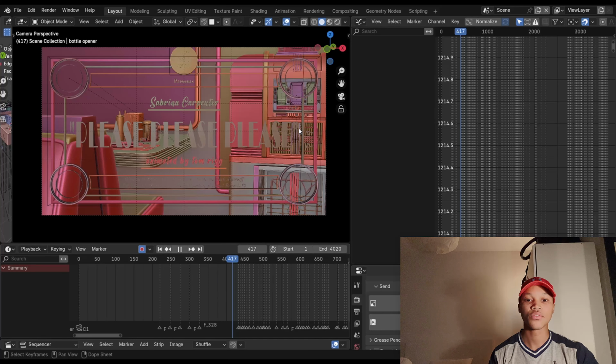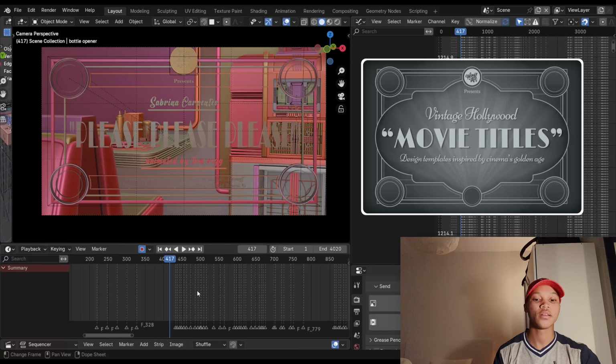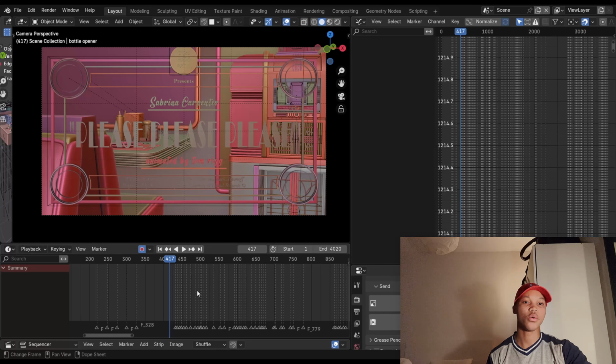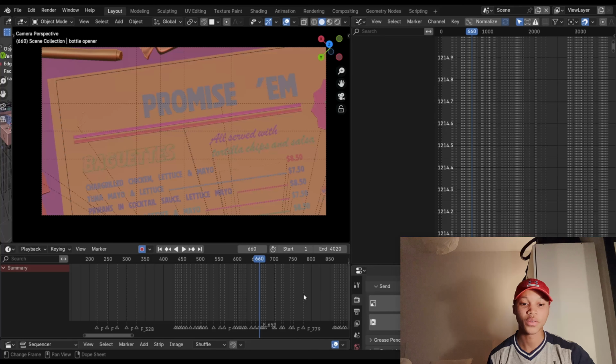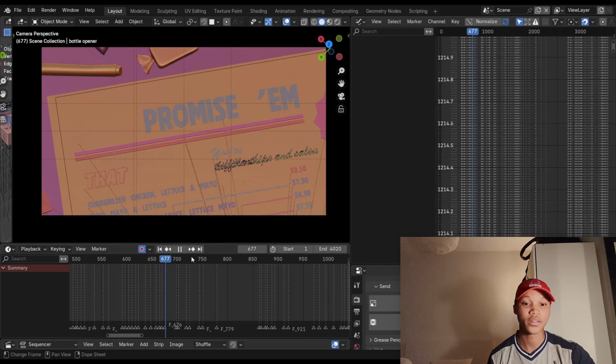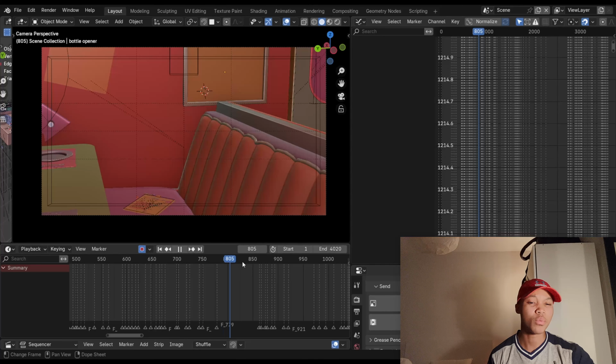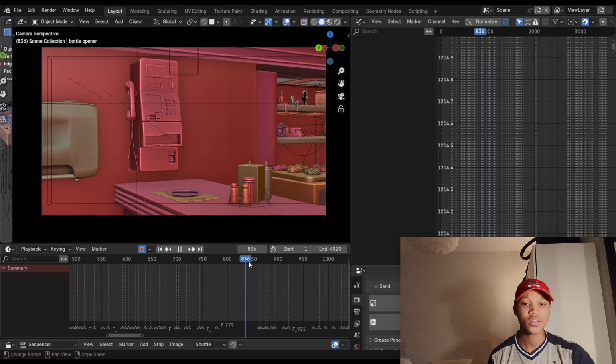This thing, I got it from this reference picture right here. I just thought that was kind of cool. I wanted a vintage, old Hollywood type of title thing. I'm just going through the scene, seeing if there's anything specific to talk about. There's really nothing much here, honestly. I feel like this really is one of my more boring-ish animations, you know?